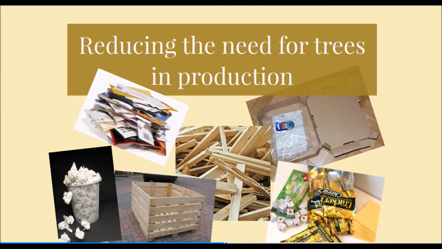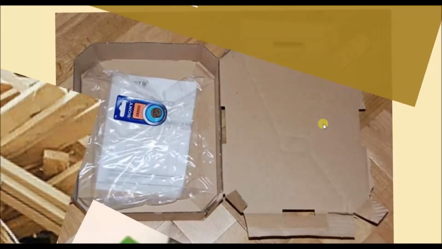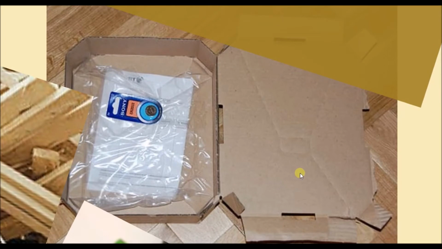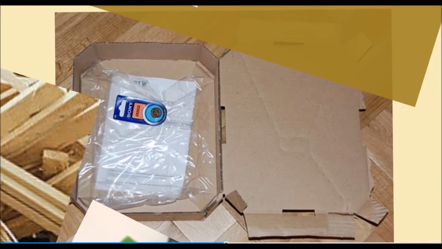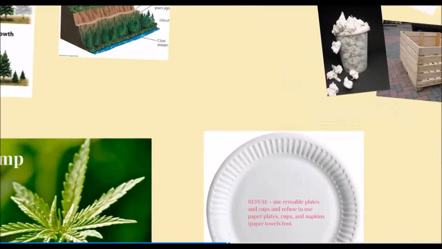So a way we can fix this is to reduce our need for trees. Here is a stack of like junk mail. I know I get tons of junk mail. Reducing your need for paper, reducing our needs for wood products. Here is one of my favorites: excessive packaging, refusing to buy products that have excessive packaging. Here, this is something that got shipped here with this tiny device. It looks like a battery or something like that, and it's shipped in this gigantic box. So taking up a lot more space than it needs to, a lot more paper goods, and killing more trees just to ship one tiny little thing.